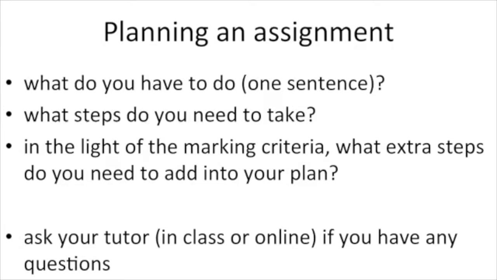And so first of all, you need to remind yourself of what the assignment's about, and Rob's just walked through all that, but normally look at the assessment details and the marking criteria to understand what's involved. And it's a brainstorming process where you really delve into it to understand what the assignment's about, and it's a good idea to jot down what you need to do in one sentence, so you've got that condensed for yourself. And then break it down into the smaller steps that you need to take to be able to complete this assignment, and list it out in bullet points.